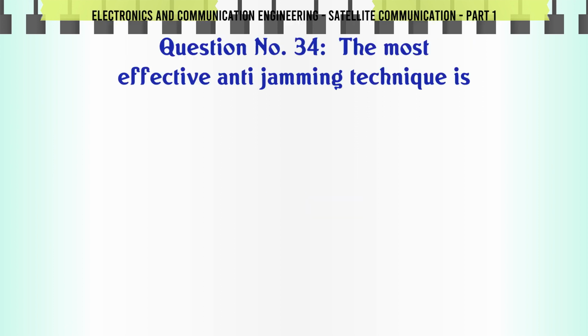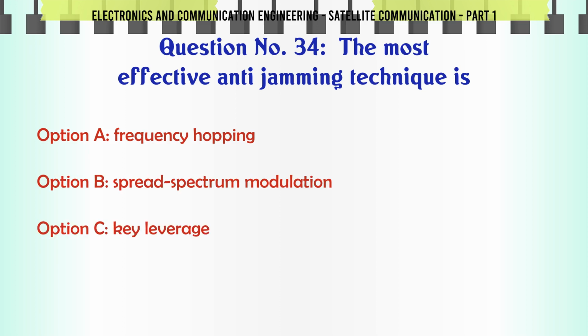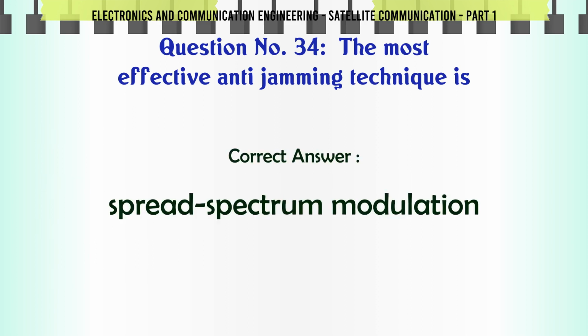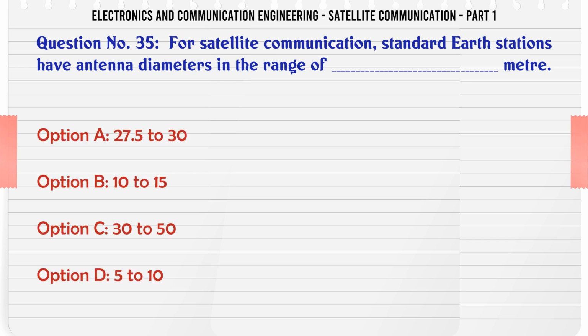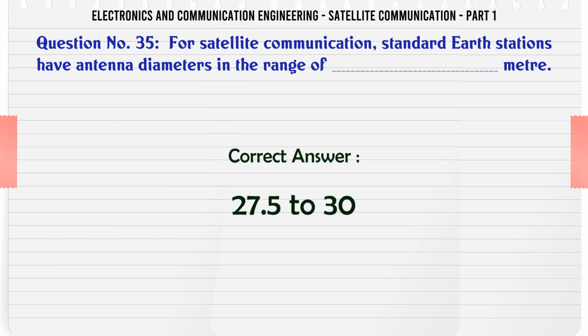The most effective anti-jamming technique is: A. Frequency hopping, B. Spread spectrum modulation, C. Key leverage, D. Once only key. The correct answer is spread spectrum modulation. For satellite communication, standard Earth stations have antenna diameters in the range of metres: A. 27.5 to 30, B. 10 to 15, C. 30 to 50, D. 5 to 10. The correct answer is